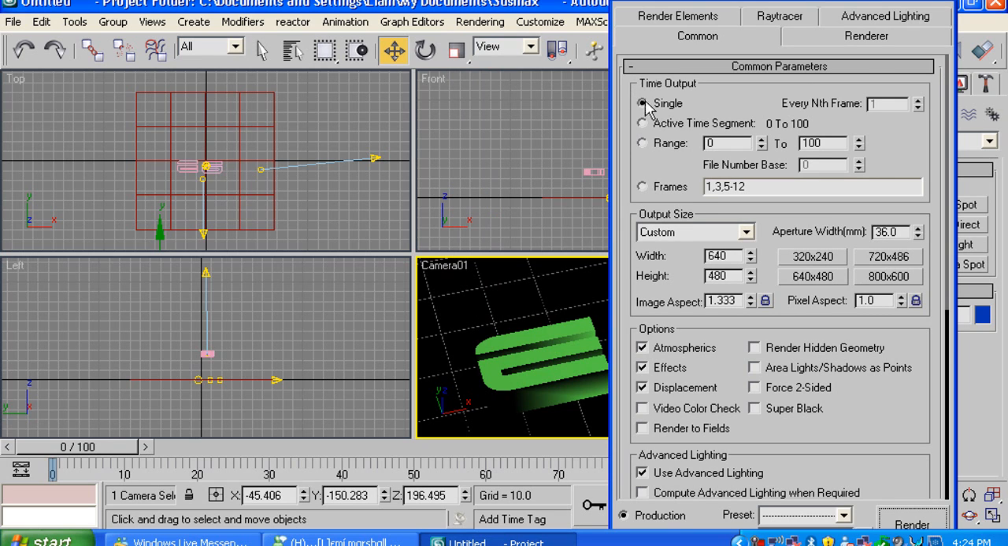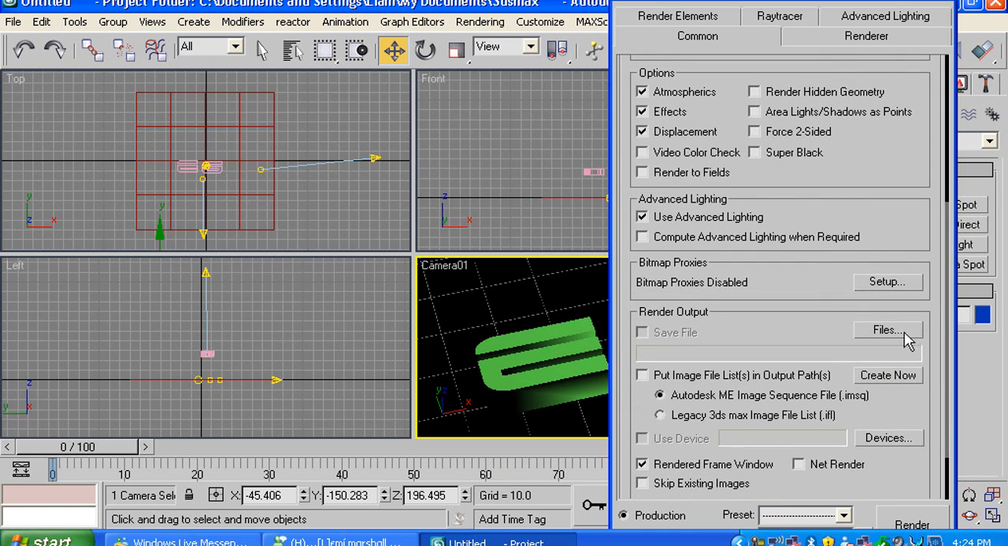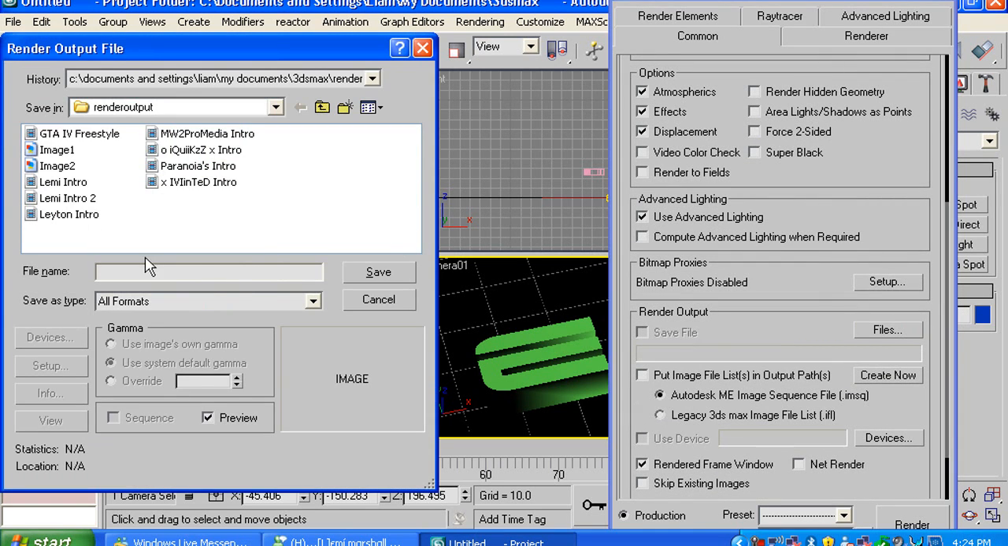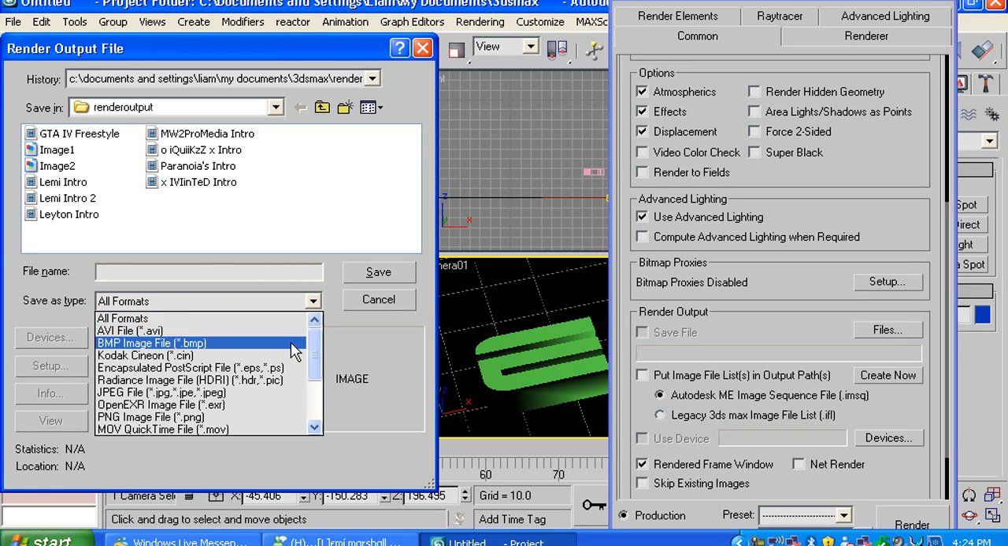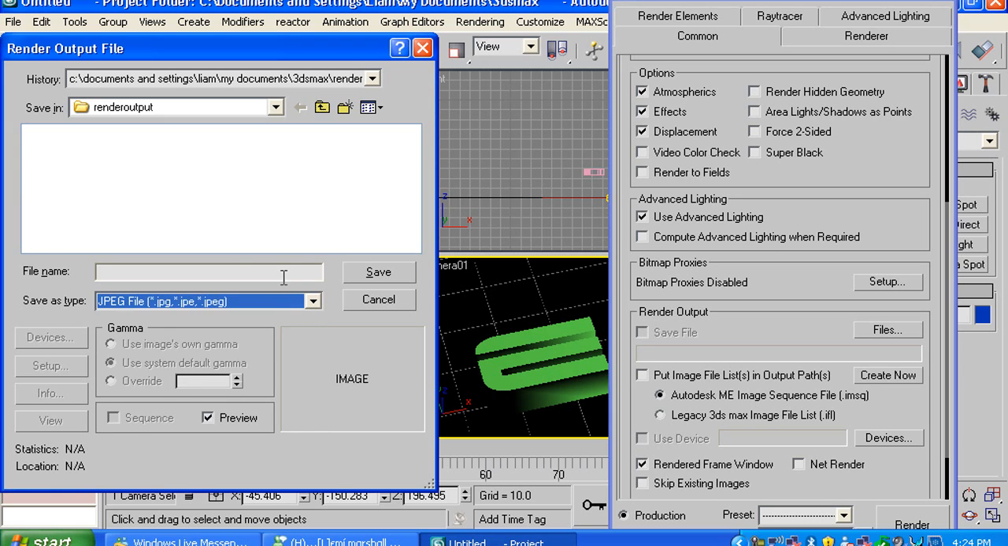and for this click single, and then put it as 320 by 240. Click files and save it as BMP or PNG or JPEG. I'm going to try JPEG, and then save it as whatever you want, like Extreme Graphics, so it's EG avatar 3. Then click save,